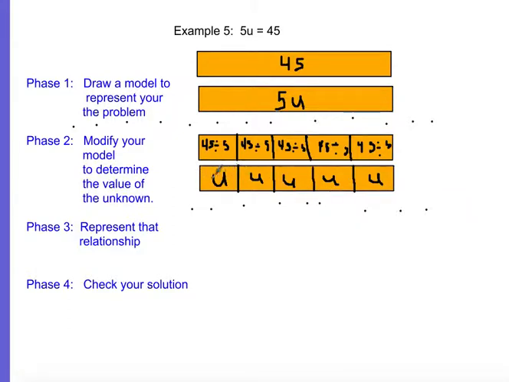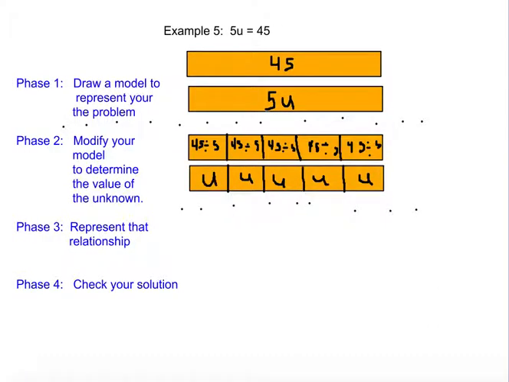Now we have 5 u's here. We really only need 1. We only need 1 u. So we'll have a tape diagram that is about equal in size to 1 u. And that tape diagram on top